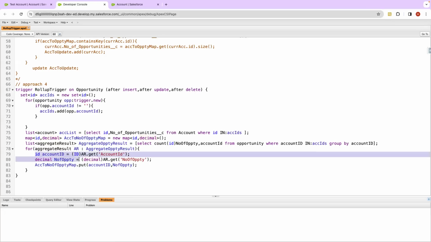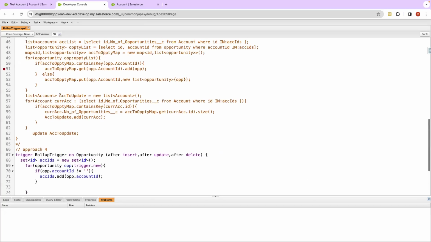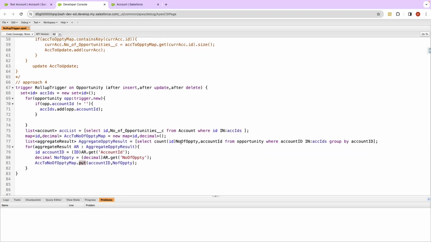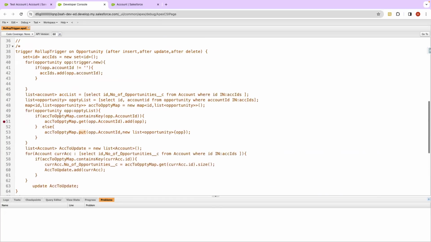दैट इज वाई हमने ये लूप चला करके यहाँ पे पुट करा है। जब यहाँ पे हम पुट कर लेंगे और वापस से अकाउंट पे लूप चलाएंगे तो हमें आराम हो जाएगी। तो हमें फिर से ये नहीं करना पड़ेगा जो हमने यहाँ पे करना पड़ा था, कि यहाँ पे चेक कर रहे हैं कि गेट है तो गेट करें पुट करें। यहाँ पे हमें डायरेक्टली पुट करना है, ठीक है, क्योंकि हर एक एंट्री के अगेंस्ट में यहाँ पे नंबर ऑफ अपॉर्चुनिटीज होगी, ठीक है। तो हमारा वो स्टेप बच गया कि यहाँ पे हम लोग चेक कर रहे हैं